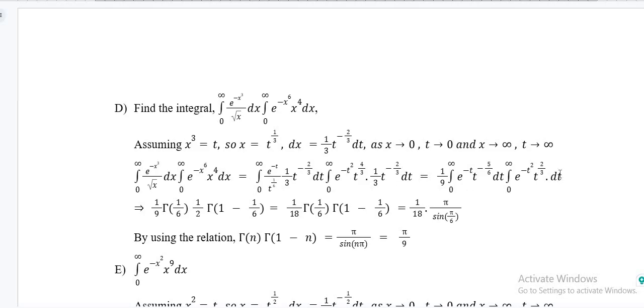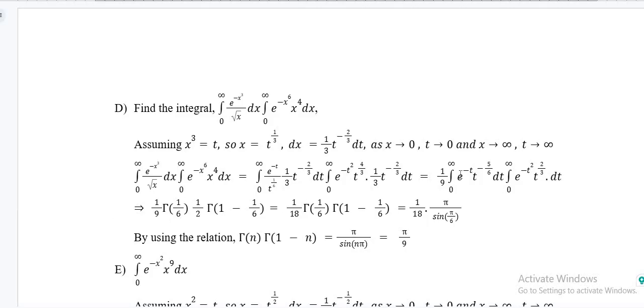After simplification, taking the constants out, in a very simplified form it comes in this form: e to the power minus of t, t to the power minus of 5 by 6 dt. And you have e to the power minus t squared, t to the power 2/3 dt. So you can just simplify this one. This is 1 by 9. So this expression becomes